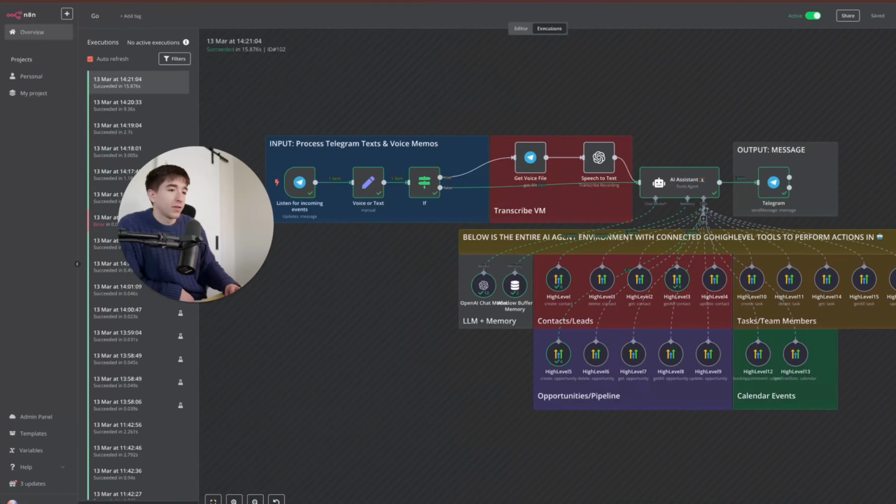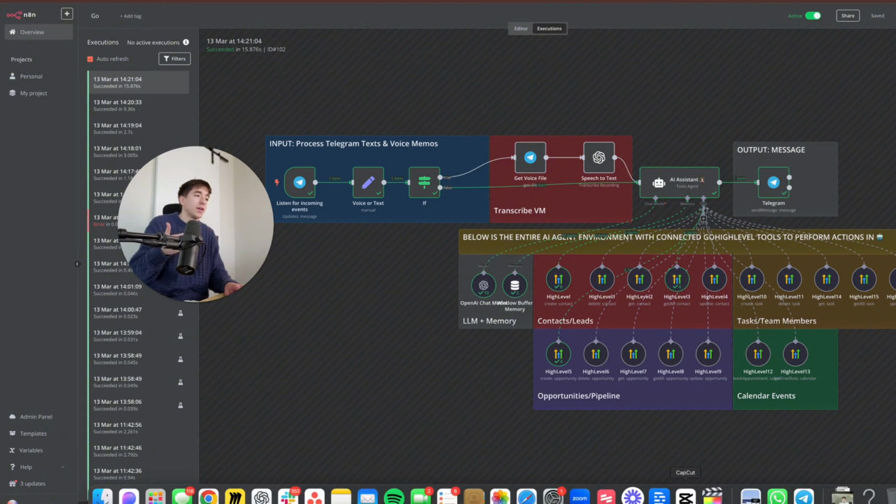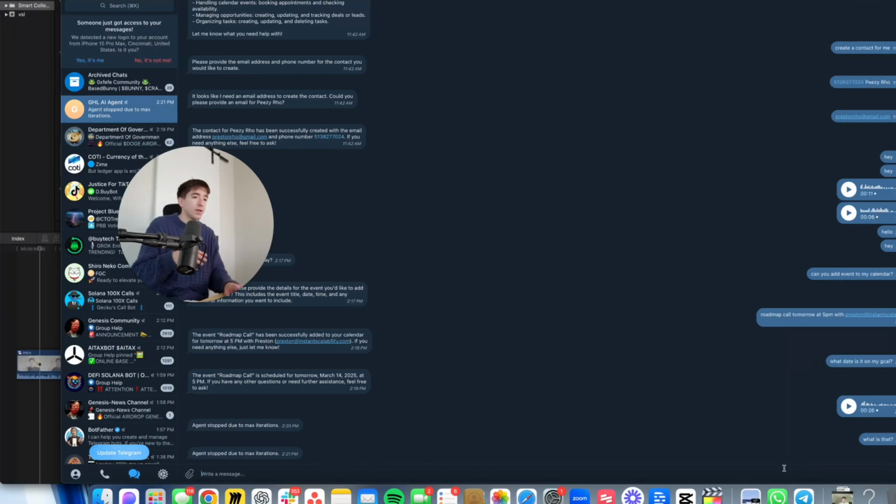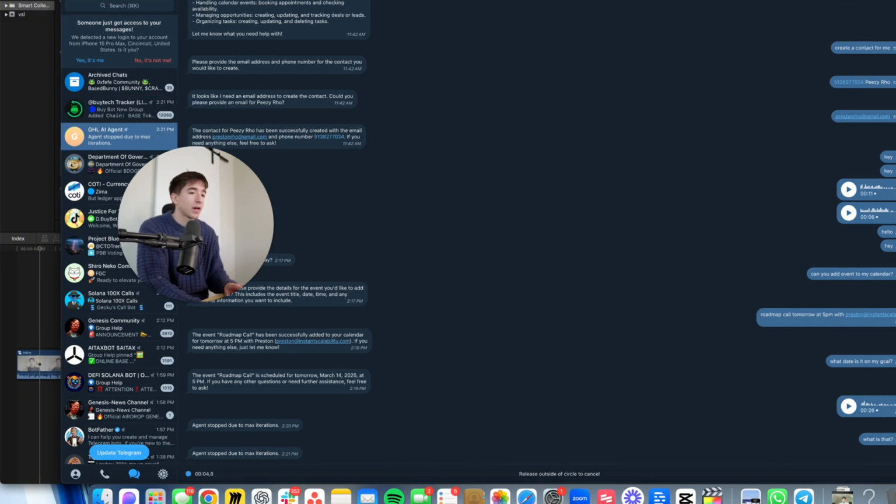So this means that we have too many connections to it. So what I think is that it probably should have been more linear, because I said create an opportunity and like get a contact. So it needed to do multiple steps. So let's retry this. Maybe we need to know that there are certain limitations to this or connect fewer tools. Hey, can we just create a contact, not an opportunity, just a contact for James Bond,